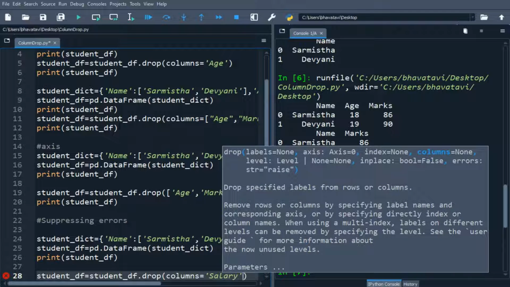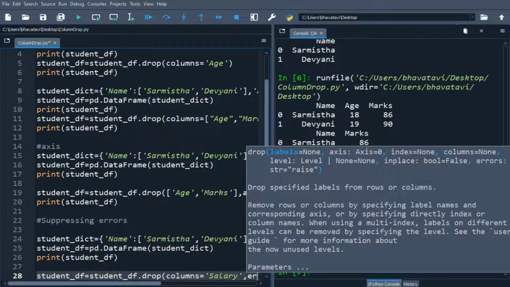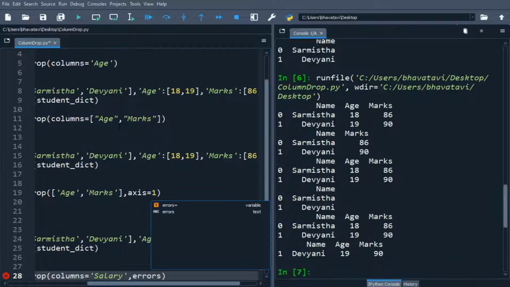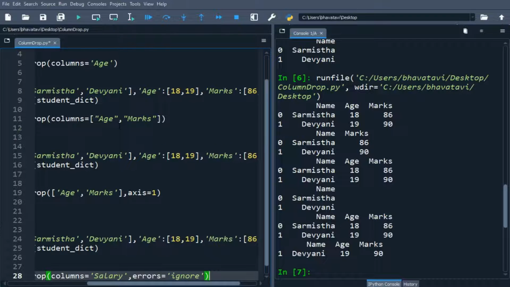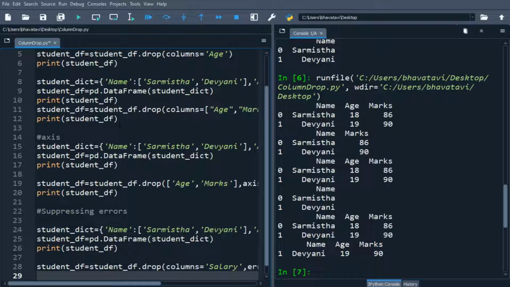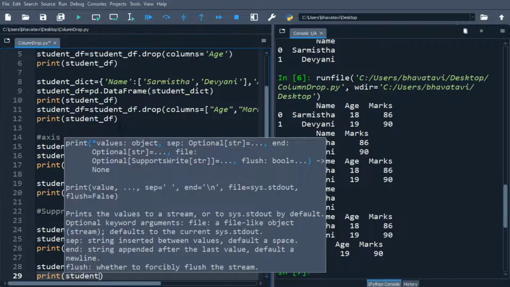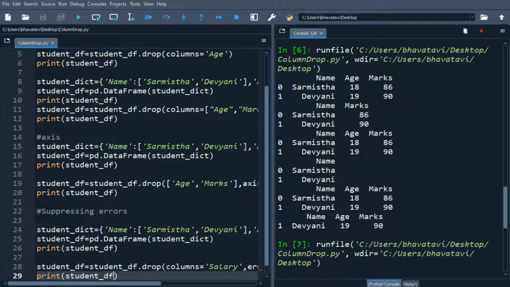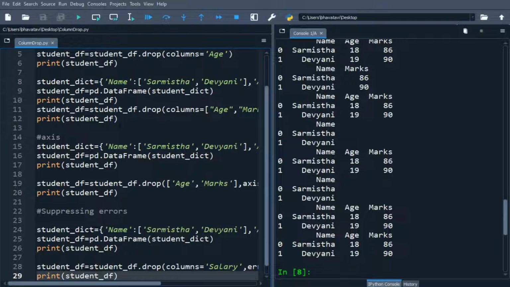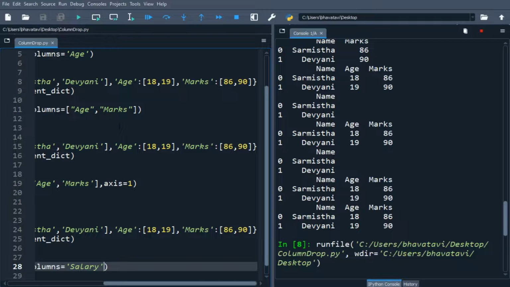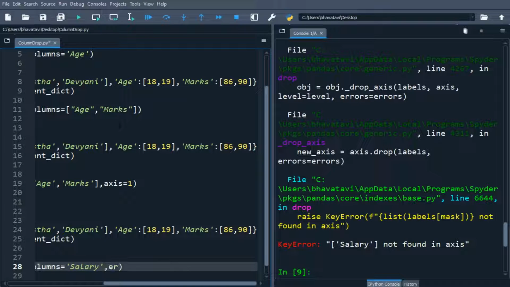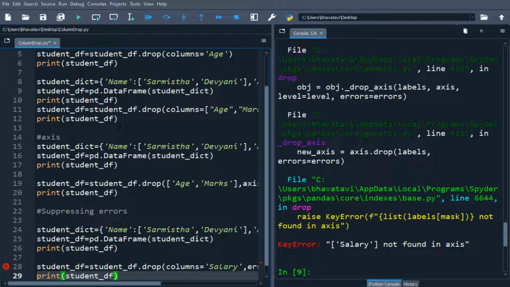Okay, salary is not there, so we'll just put errors equals ignore. Okay, so this will ignore the error. Let's print the student_df. So you can see here it is showing all the correct data. If we remove this, it will be showing an error. So you can see here it is showing key error. So this was the suppressing of error.